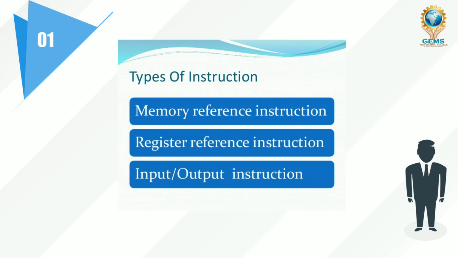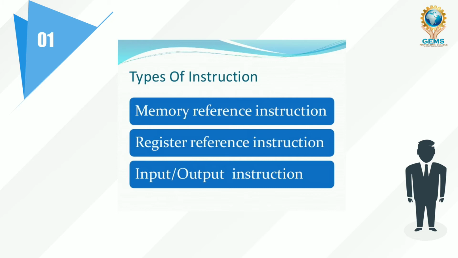Now here again we are focusing on instruction format. Instruction format will guide us how to perform the operations and where we will get the operand. So the instruction register is a combination of operand, opcode, and address